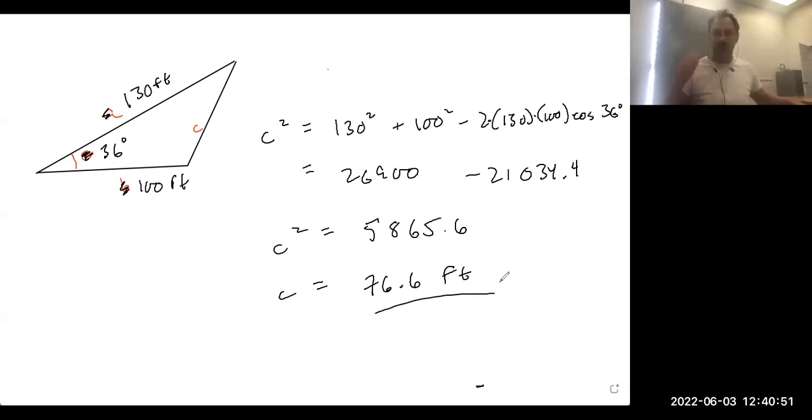Now, the law of cosines is flexible too, and I can solve lots of triangles. In fact, in some ways, the law of cosines is more flexible than the law of sines. And we'll look at some more application problems involving that